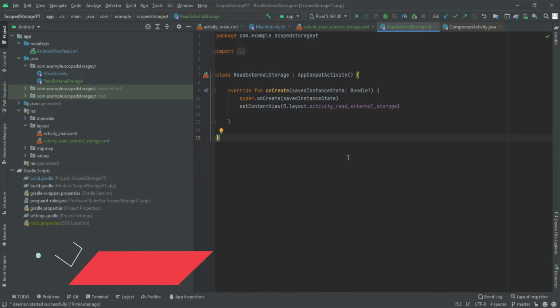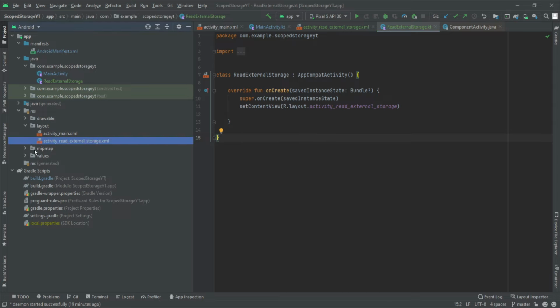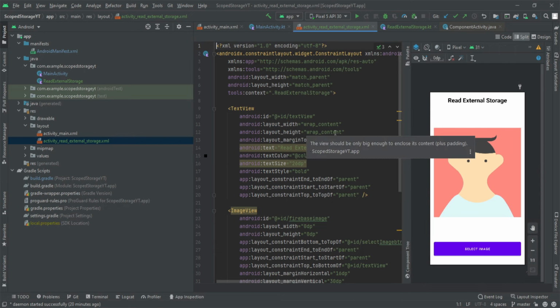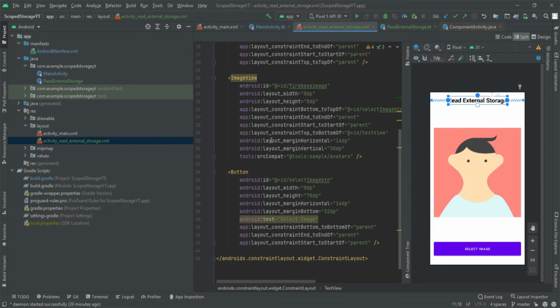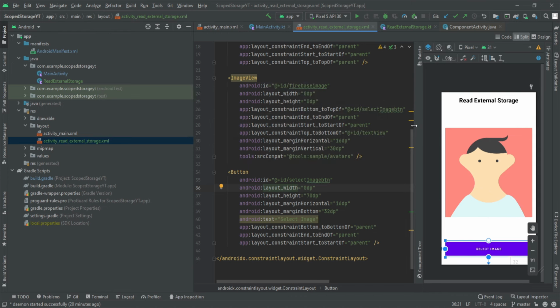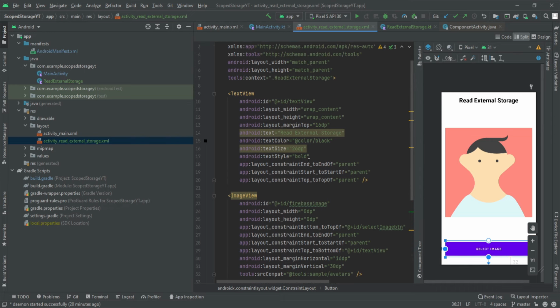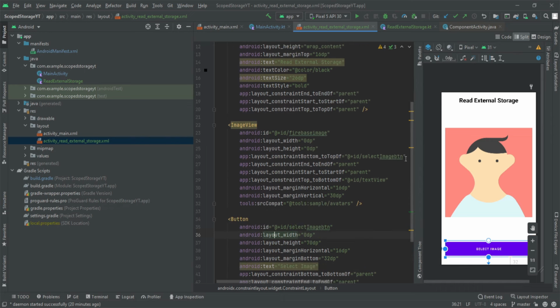As well. So for this tutorial, I have already done some things to save some time. I have already created the front end. If I go to my activity, you can see we have 3 elements inside this activity: a text view, an image view, and a button. This is quite a simple front end, so I do not want to waste any time on this because this is not the main motive of this particular tutorial. If you want to copy the same code, this is the code. You can just pause the video, copy this code, then proceed further.